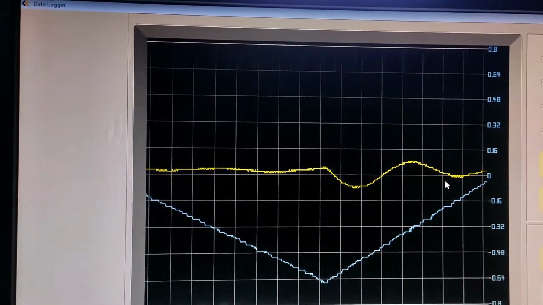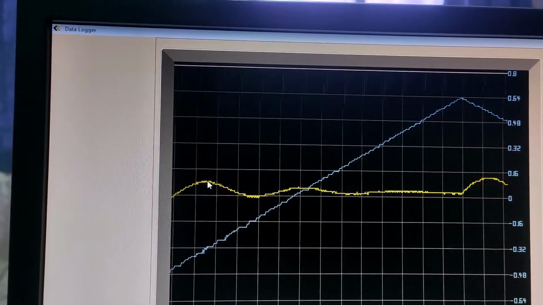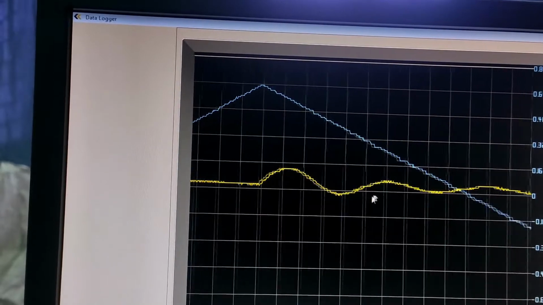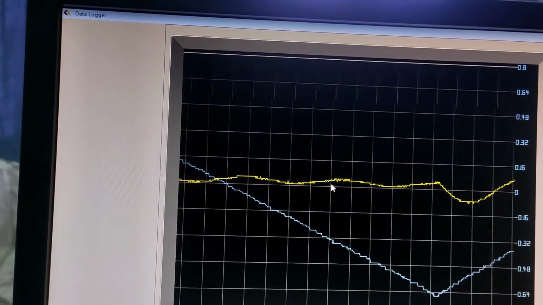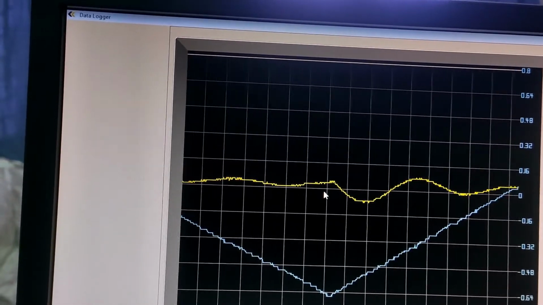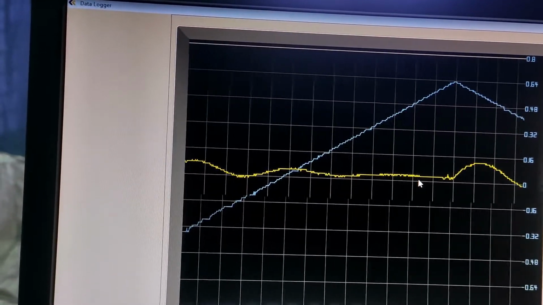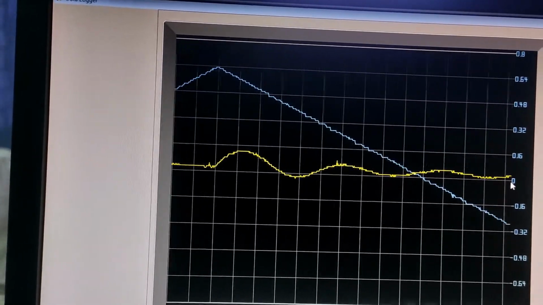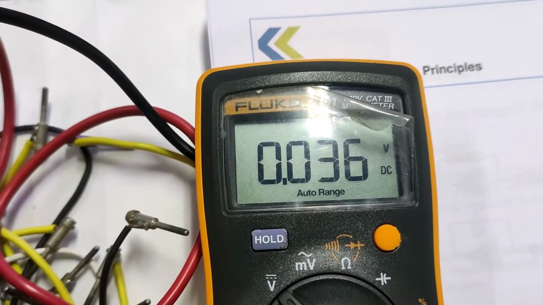See now, where the polarity is changing, there is a sharp change of voltage. Due to this integral signal, oscillation comes here, and that is the problem with the integral controller. It will take some time to stabilize or eliminate the steady state error. And this yellow trace, not an output signal, is the error signal, meaning the error of your system should be at 0. Now it is showing some fluctuating voltage, which is within the range shown in this multimeter.